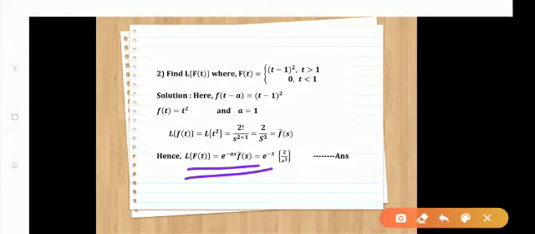So it becomes e raised to minus 1s. 1s means simply minus s. So it is e raised to minus s into f bar of s, the result is 2 by s cube. Third example,